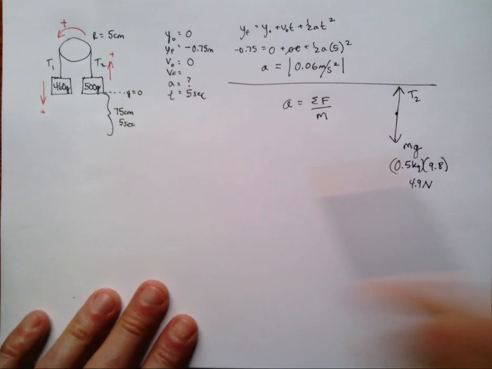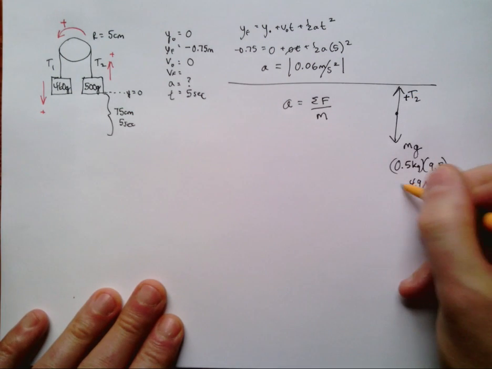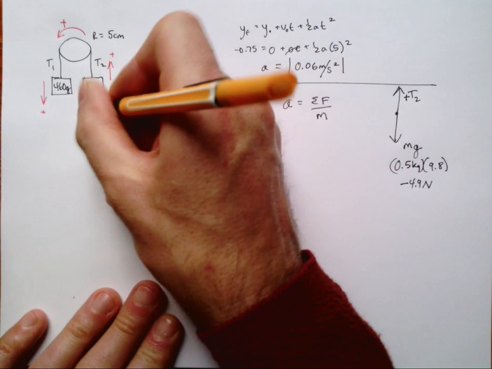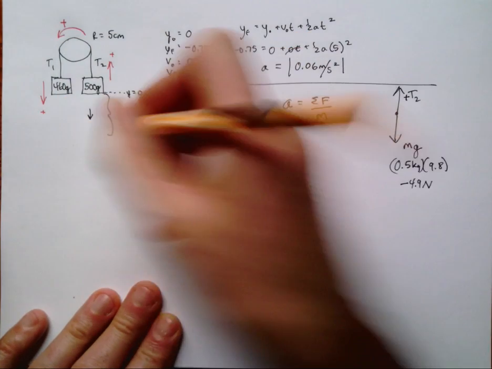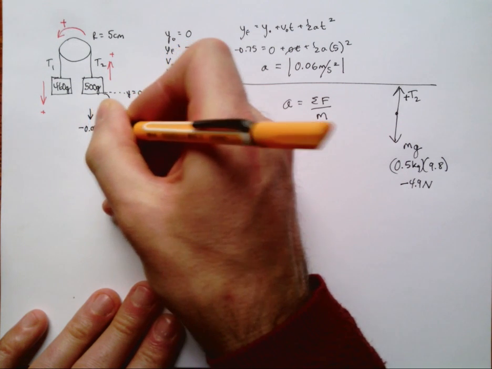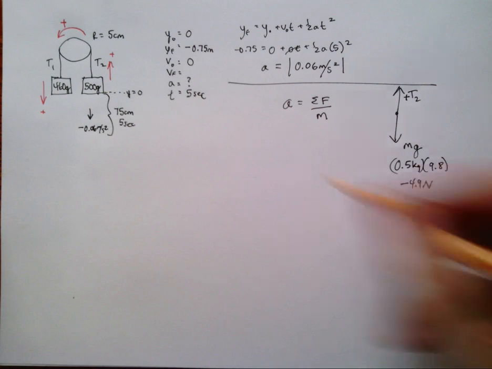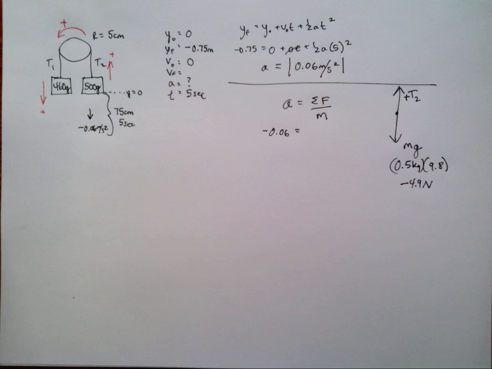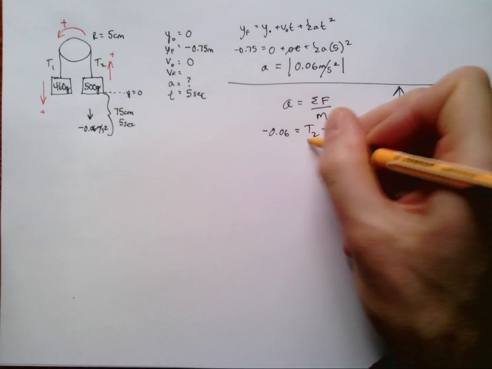Now, direction-wise, we did say that on this side, up is positive, down is negative, and now the acceleration is actually in the downward direction. I mean, this one's going to fall, this one's going to rise. So that 0.06 that I calculated is actually a negative 0.06 using this scheme of directions. All right, so let's put it into the equation. Negative 0.06 equals T2 minus 4.9 divided by the